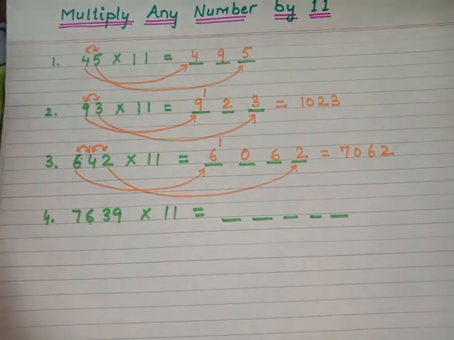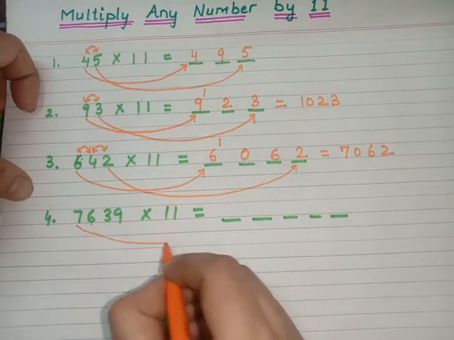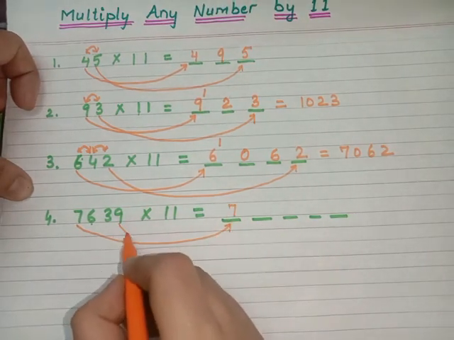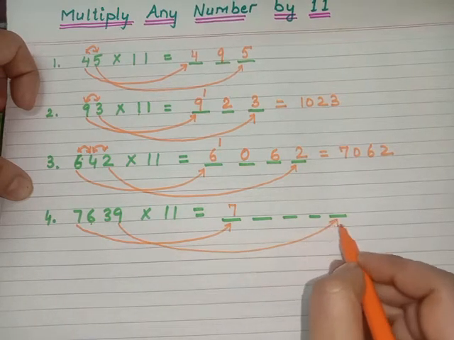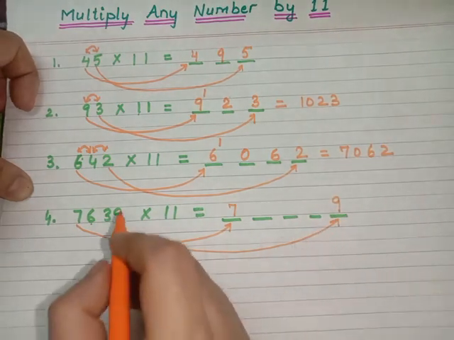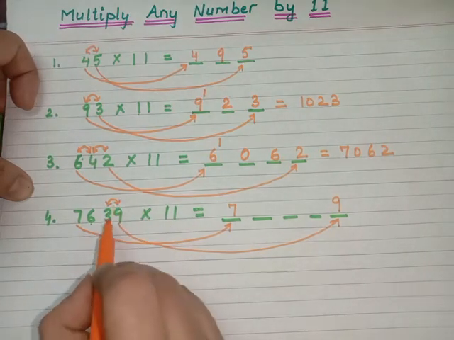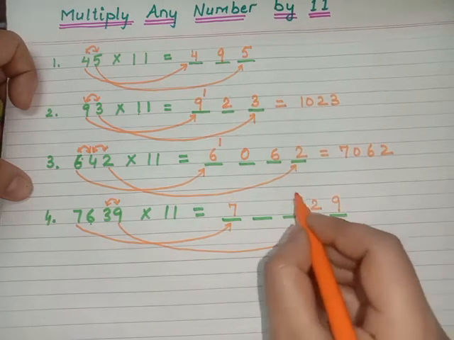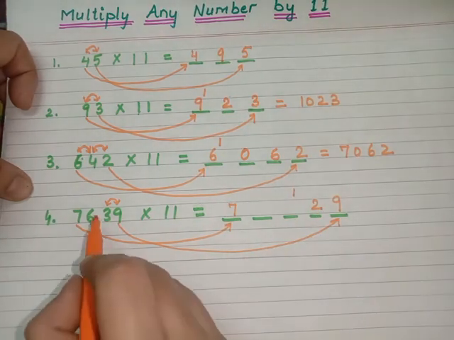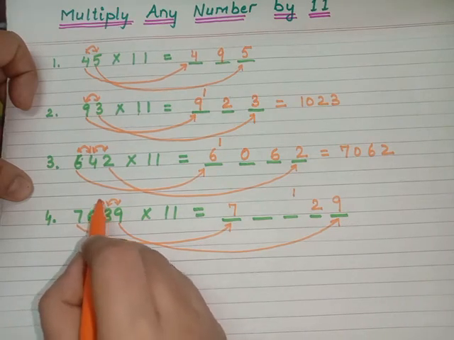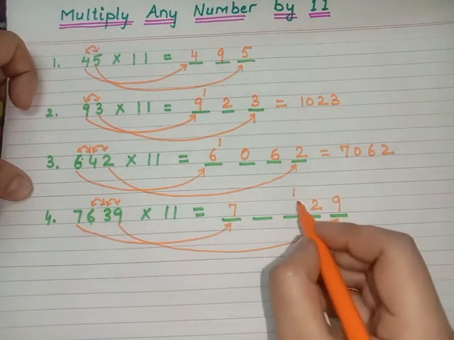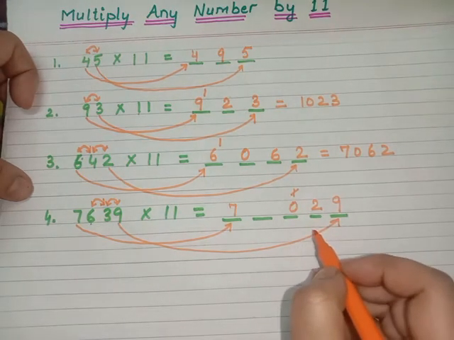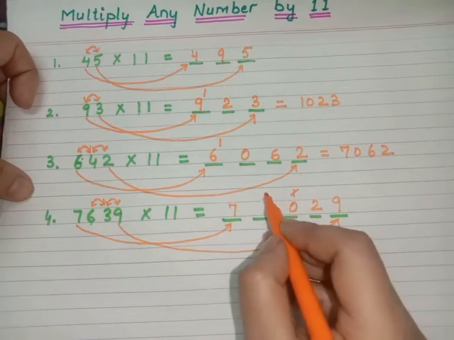So again what you have to do is a very simple thing. The first digit of the number will be placed over here, and the last digit of the number will be placed in the last space. Now you have to add these numbers. 9 plus 3, as you know, is 12. I will be writing here the 2 and 1 is here to be carried forward. So next, add this 6 and 3, which are 9. So here 9 plus 1, this carry, will be 10. 0, and 1 is again for the carry forward.